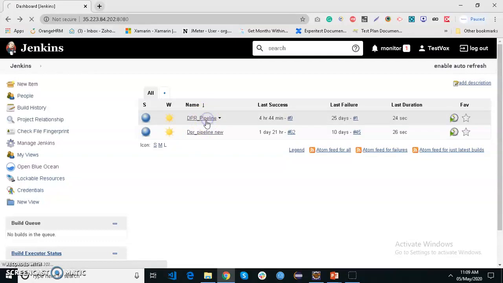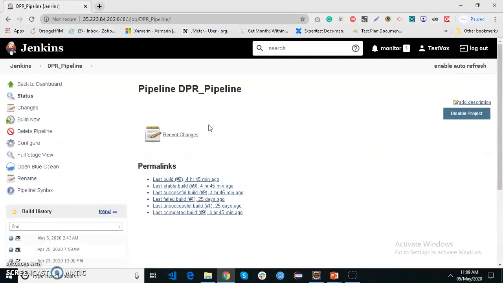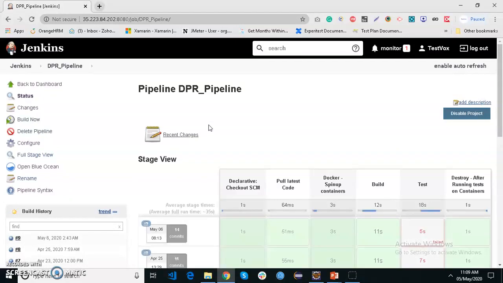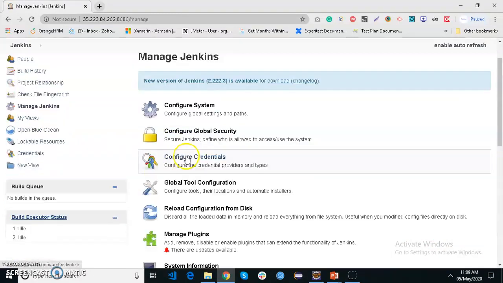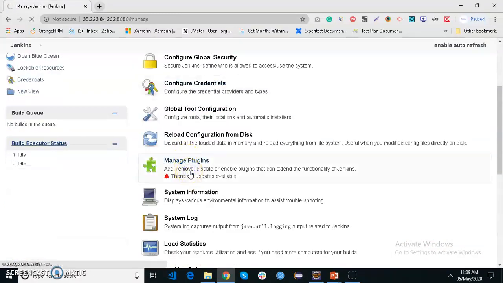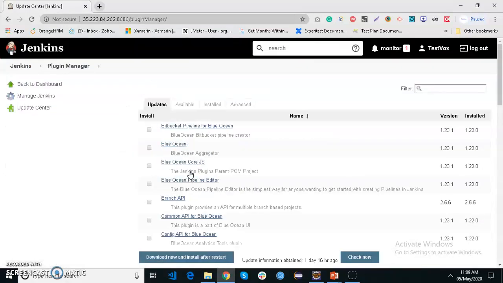So go into that job. We need to configure the job. Then in Manage Jenkins, here is Manage Plugins.